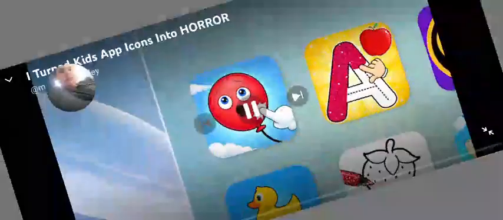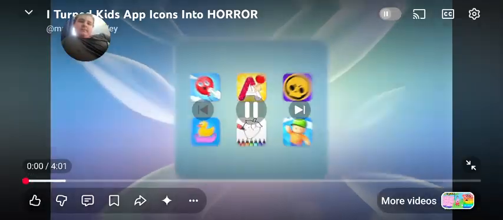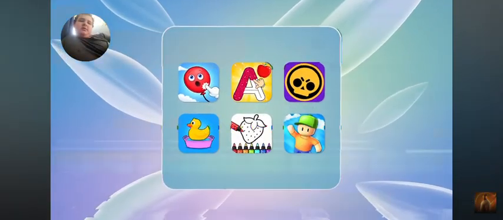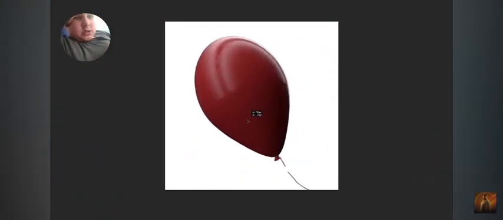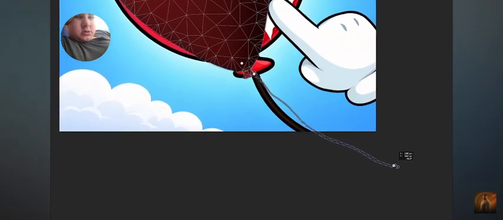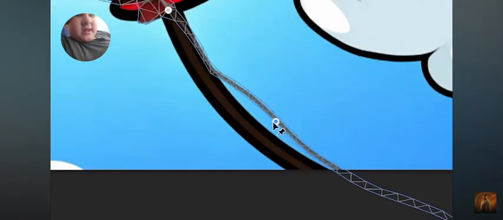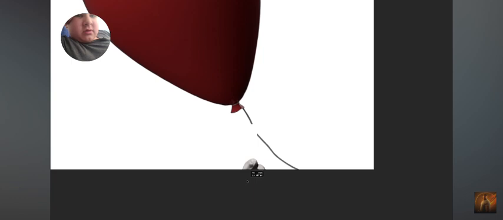We're starting easy with Balloon Pop. First, I'll erase the original balloon and bring in a more realistic one. I'll use the Puppet Warp tool to bend the string so it fits the actual shape of the original icon. Following that, I need a hand that looks like it's actually holding the string. So I'll bring